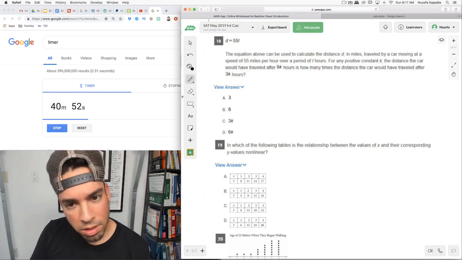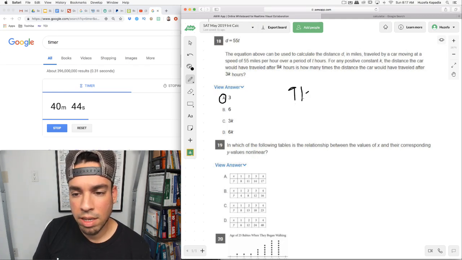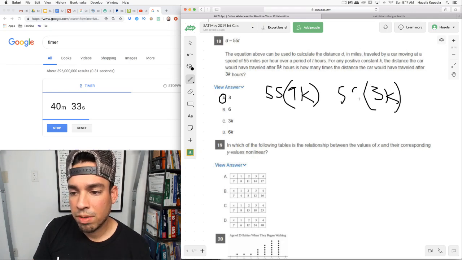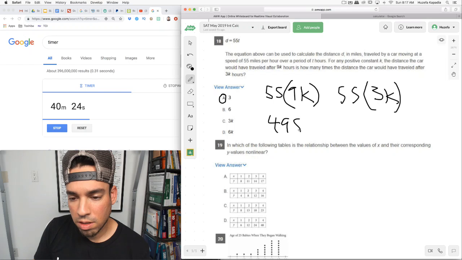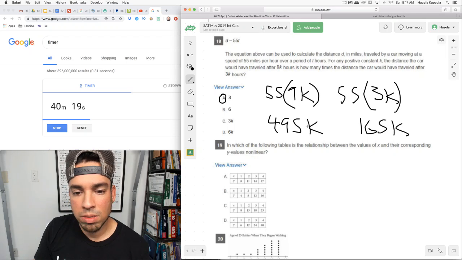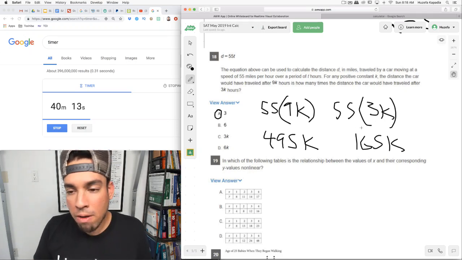Am I missing something? It's just 3. But let's plug it in, I guess. It's so weird. 9k would be our t value. So they want to know how many times the distance it would have been this versus if we plug in 3k and multiply it by 55. So 55, I mean, this is a waste of time. I think I know it's 3, but 55 times 9 equals 495k. And this is 165k. And this is clearly 3 times that. So unless I'm missing something, I believe that is the answer. I think they're just trying to,